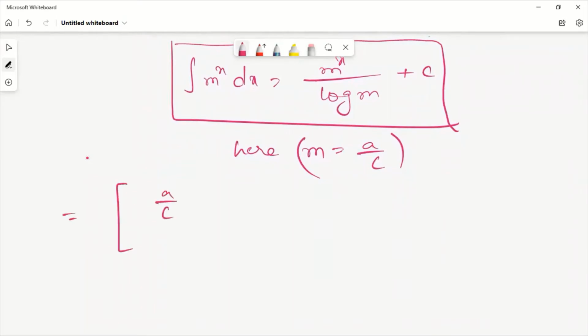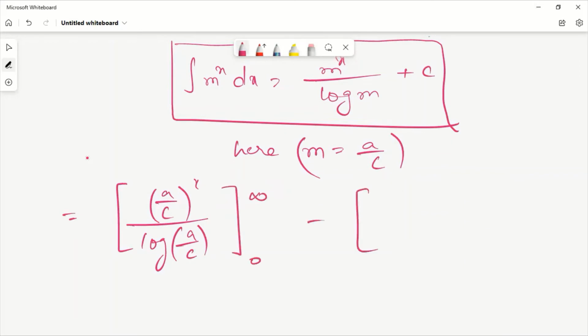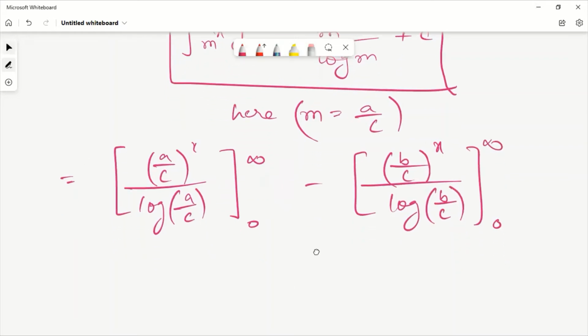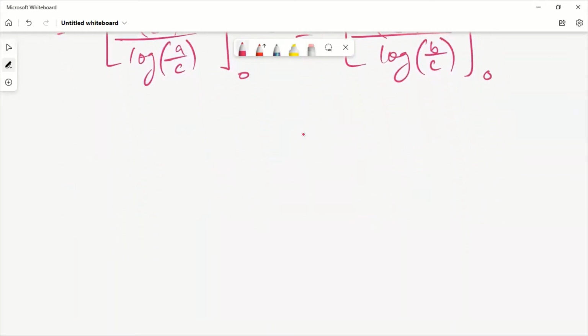So we'll get (a by c) whole power x by log (a by c), with limits 0 to infinity, minus another term, (b by c) power x by log (b by c). Yes, this is how you integrate it, and the limits are from 0 to infinity. Now when you substitute these limits, it will become,